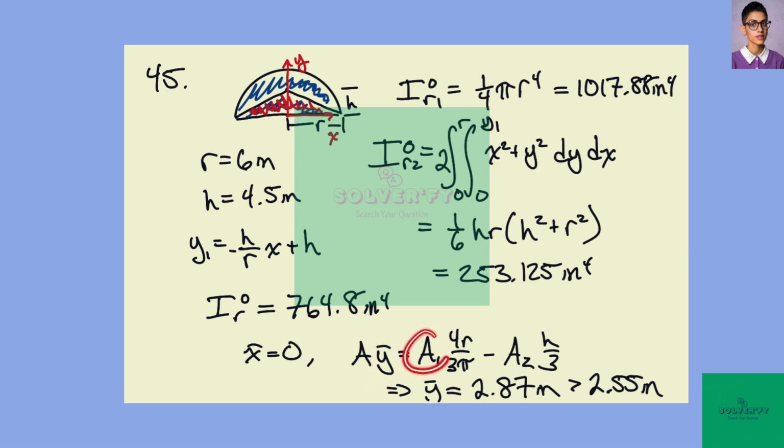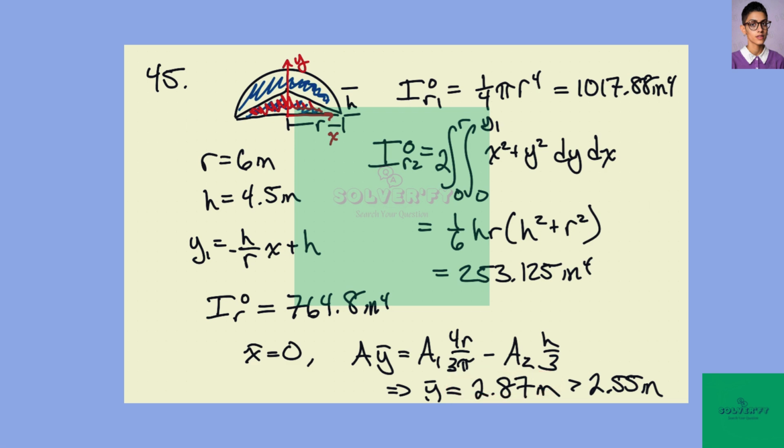So this is the area of the semicircle times the y centroid of that area, and then we need to subtract the area of the triangle times the distance from the origin to the centroid of the triangle, and we get that it is